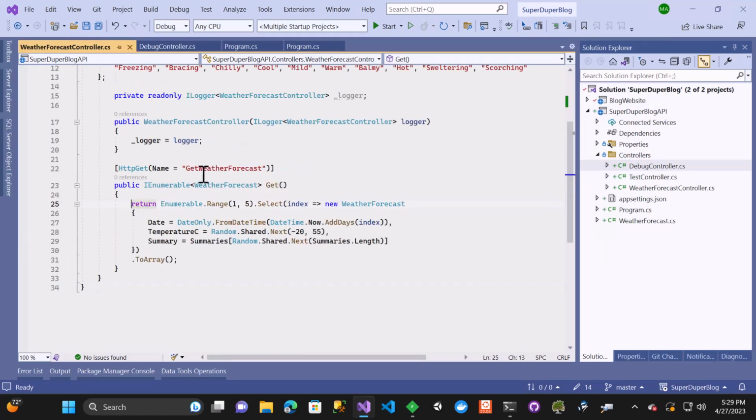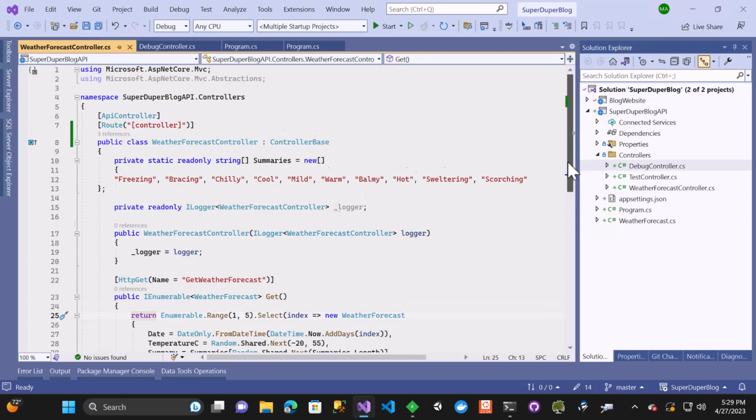If we now go to our weather forecast controller, so we said that this is the controller, and you can also give it some information to decide how the routing happens. In here, for example, we have our route and we have controller. This is just specifying that if you pass the name of the controller, then it will just be the name of the controller. And when we executed this,